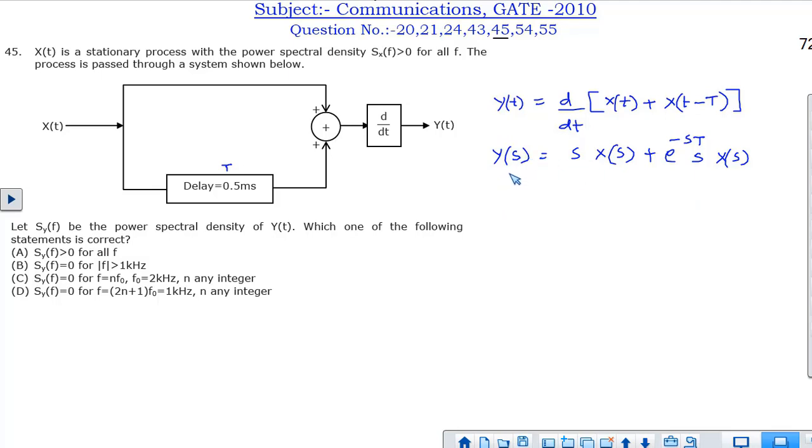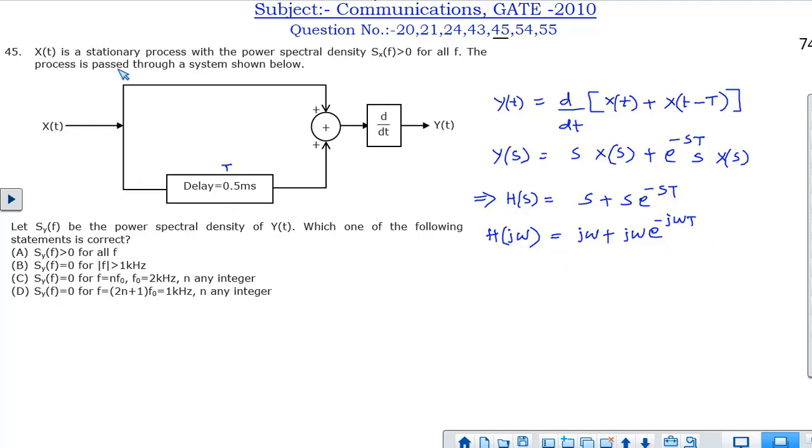We can get the transfer function Y(s) by X(s). So Y(s) by X(s), which is equal to H(s), that is the transfer function, is equal to s plus s times e to the power minus sT. Now let us replace this s as j omega, so that we can represent in frequency domain. So H(j omega) will be equal to j omega plus j omega e to the power minus j omega T. Now e to the power minus j omega T we can represent in cos and sine function,